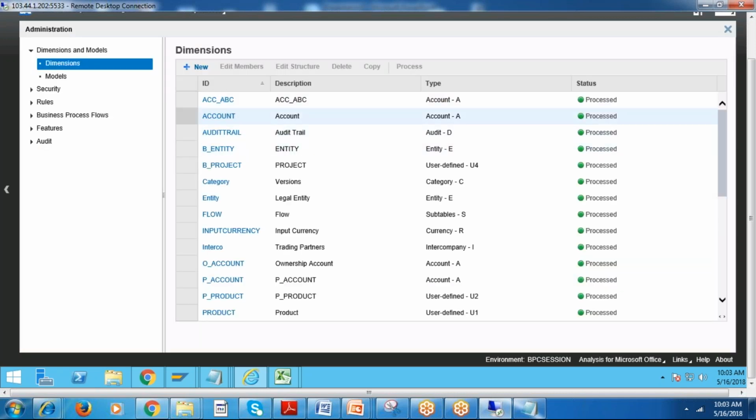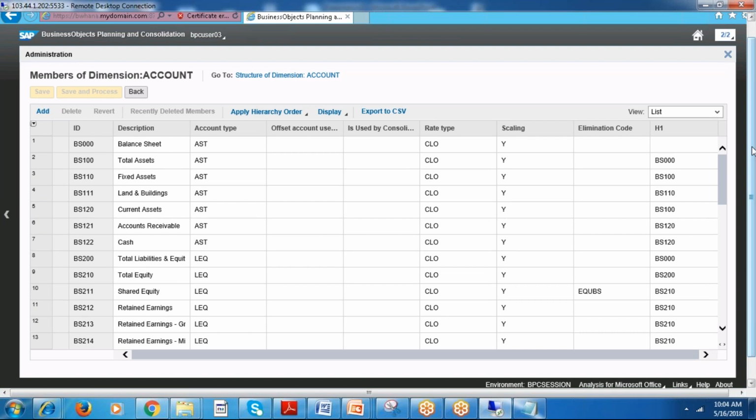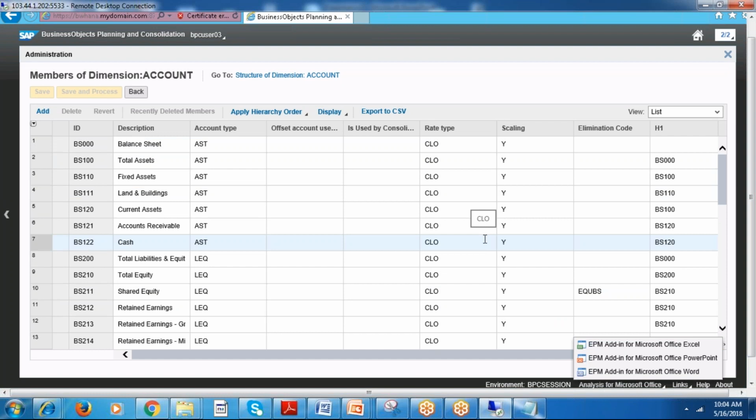Okay. So here in the account dimension, we can enter the data. How many ways can we enter the data? We can enter the data in two ways. We can load the data from the data manager package. There is a package EPM office. From here we can load the data. How to load this master data, we will discuss when we cover the models. Once we cover the model, we go to the data manager concept.